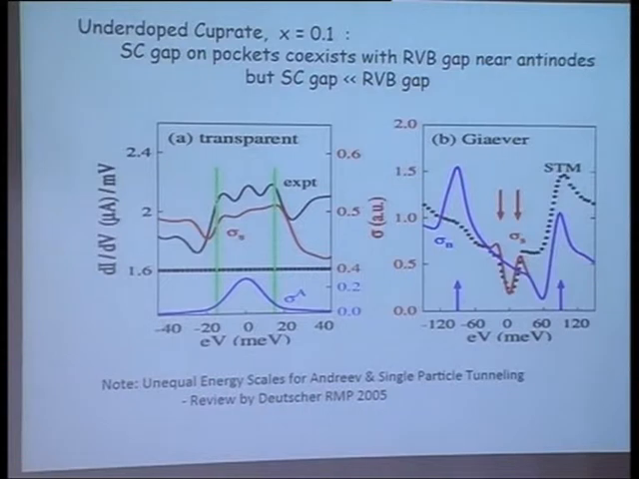And this then, the black are experiments, and the red is the conductance in the superconducting state. And you see here the red, well, here we have